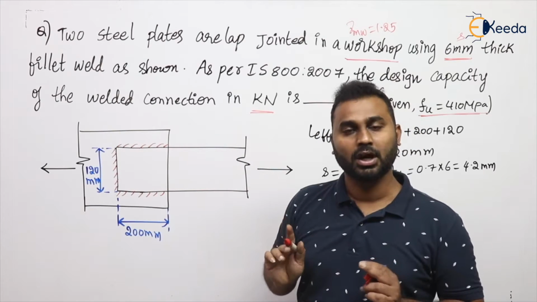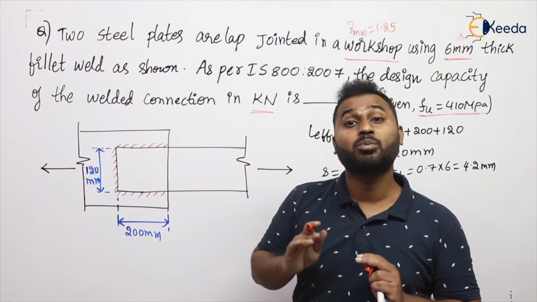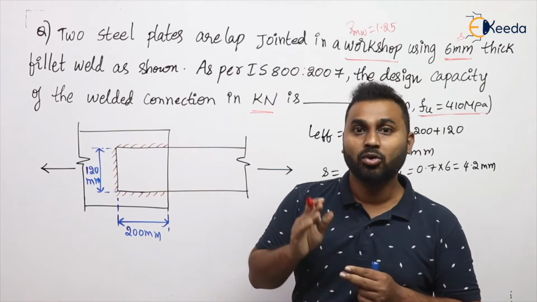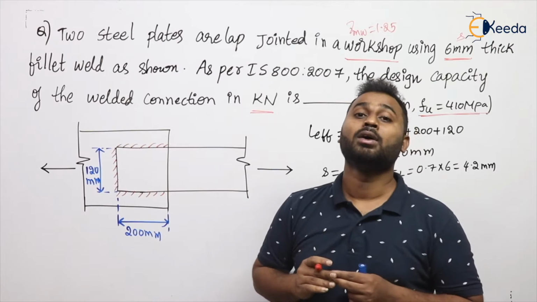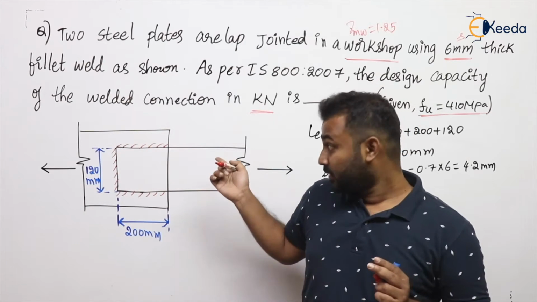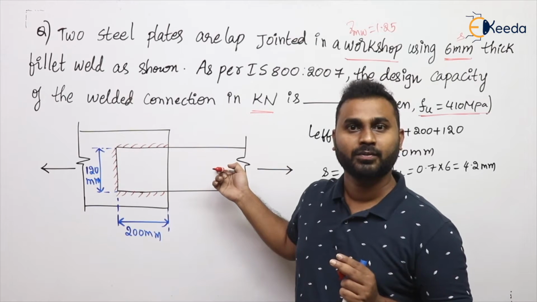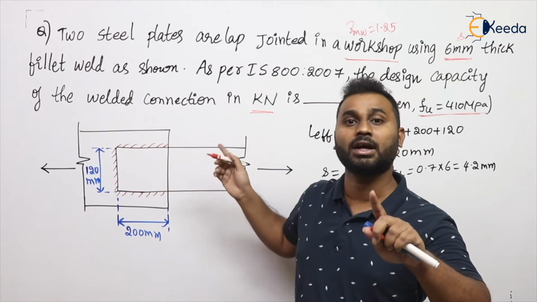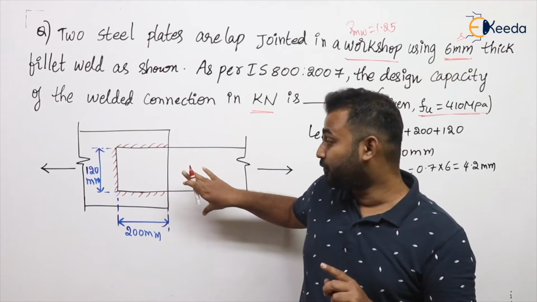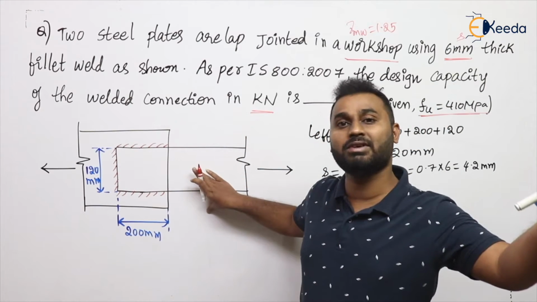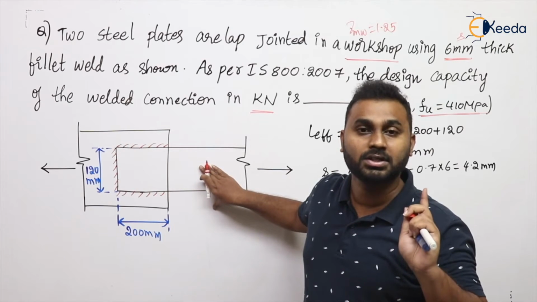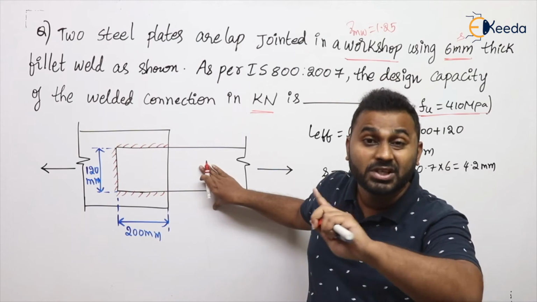So coming to this model, this is the most popular or most repeated question from these welded connections. Of course, nowadays type 2 eccentric welded connections have gained popularity, or more weightage was given to that particular welded connection. No doubt in that. But if you see the previous year GATE questions from the past 20 years, this was the most repeated model from welded connections.